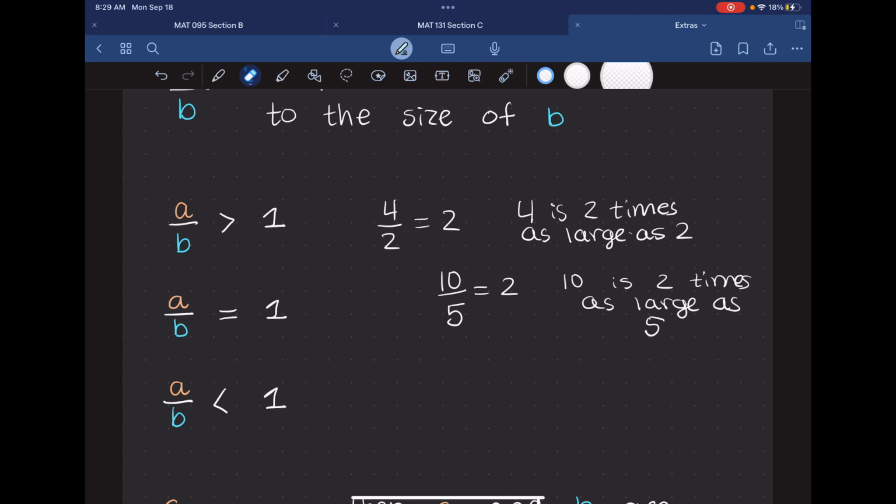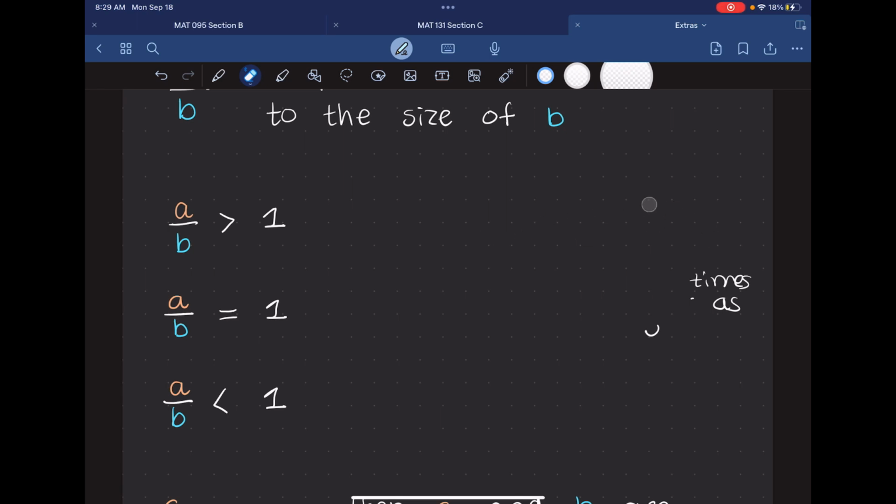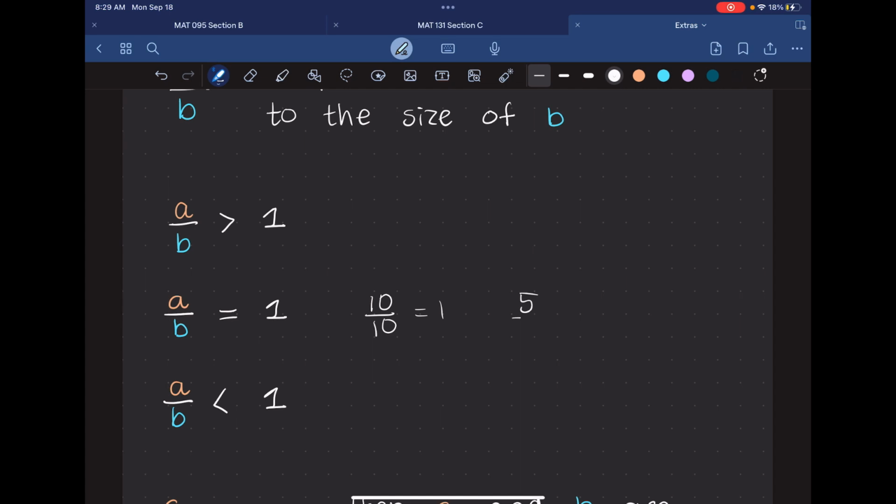Okay, and then if we have the ratio A to B is equal to 1, that's going to mean that our quantities A and B are the same. So for instance, 10 to 10, that's equal to 1 because 10 is equal to 10. If I have 5 to 5, that's equal to 1. 3 to 3, that's equal to 1. And so I'm comparing these quantities, and when I take the ratio, they're all equal to 1, and that's because the quantities are equal. They're exactly 1 time as large, like A is exactly 1 time as large as B